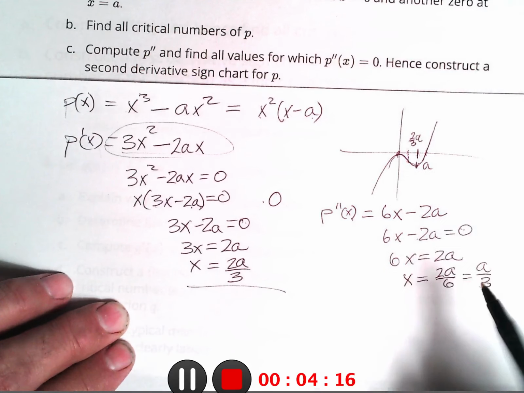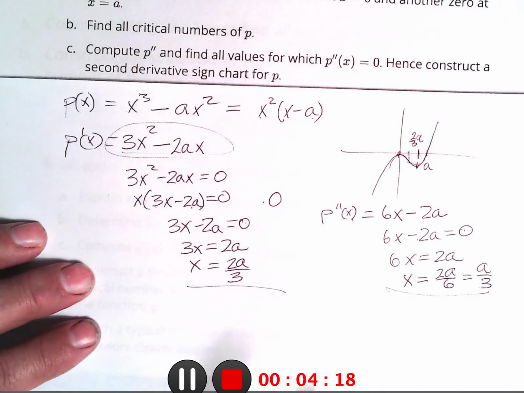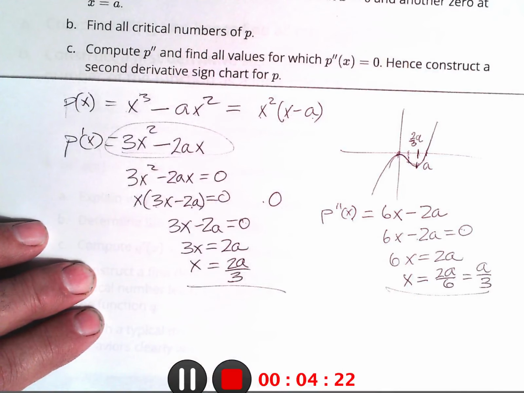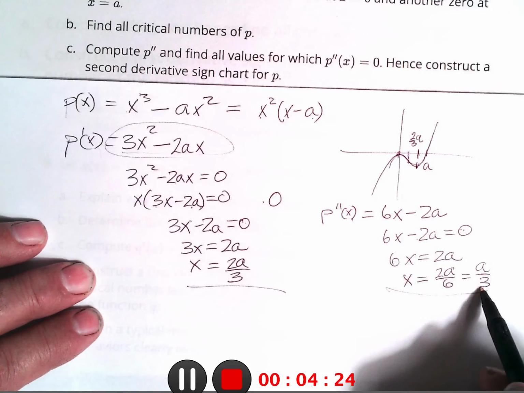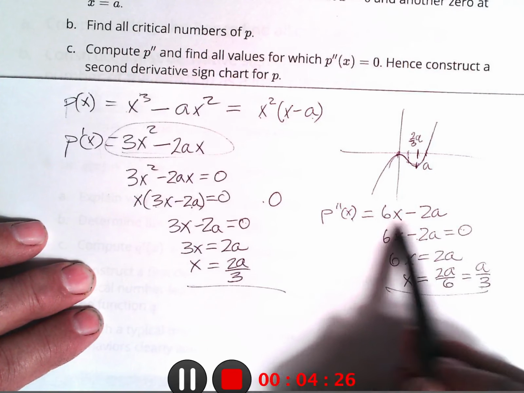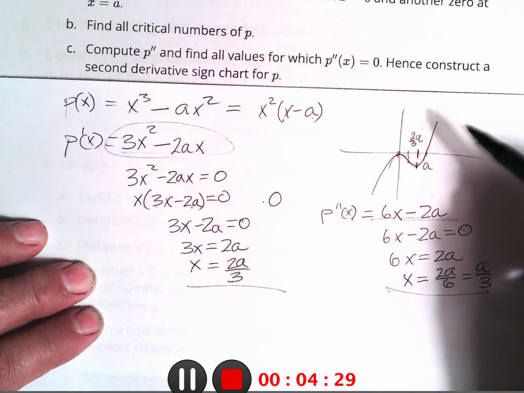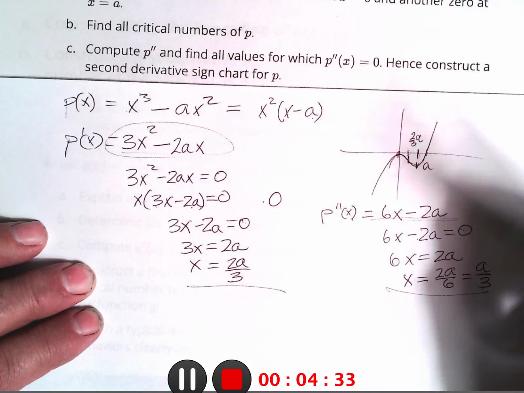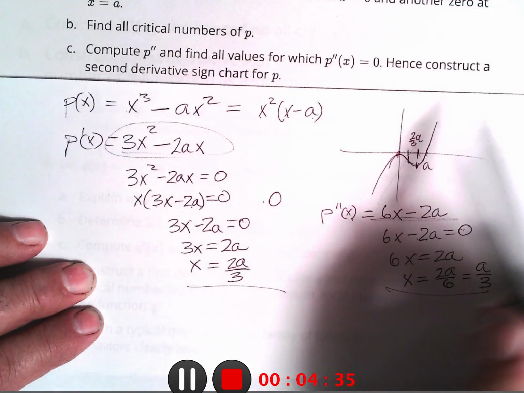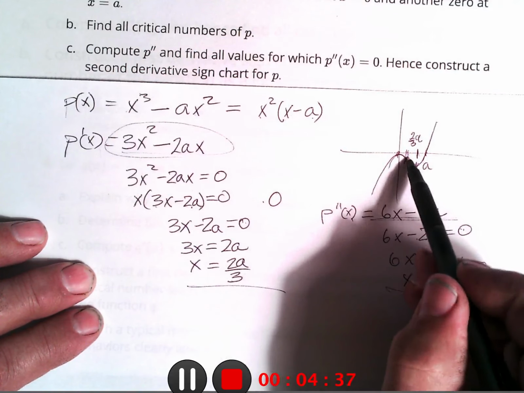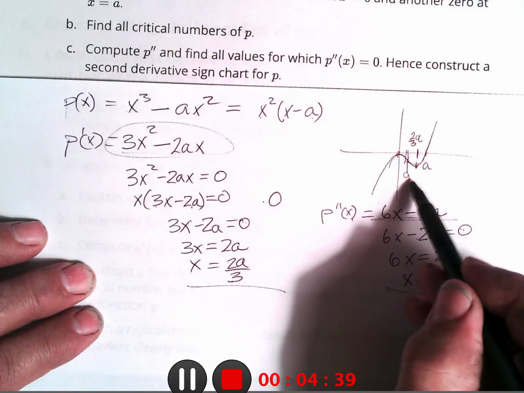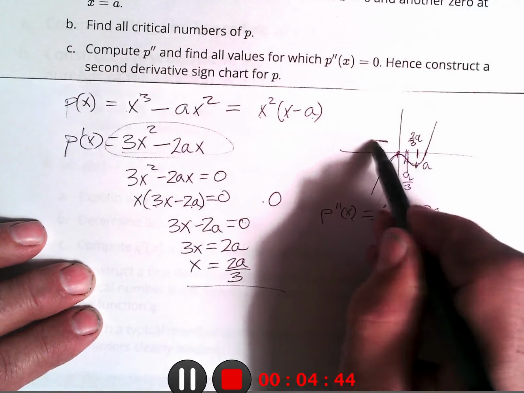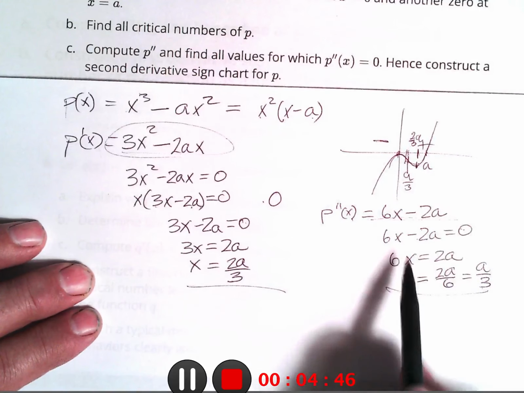Okay? Hence, construct a second derivative sign chart. Okay? So if it changes sign there, and this is a line, it's a positive slope, and so it goes this way, and so it's negative on this side of a over 3. On this side, it's negative, and on this side, it's positive. You can check that here. Just looking at this,